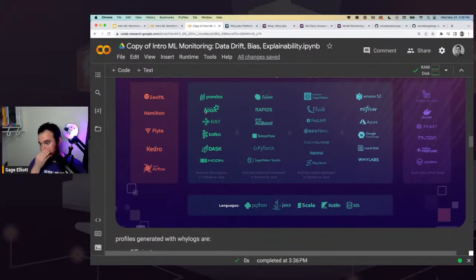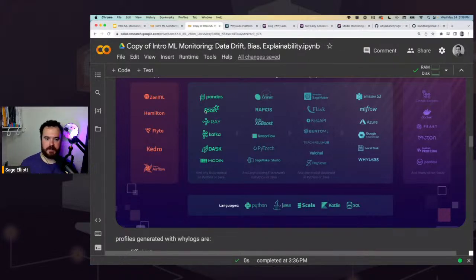And it integrates really easily with probably most of the common libraries that you would be using in machine learning. You can install YLogs in almost any Python environment, including on a Raspberry Pi. So if you actually want to run YLogs on a Raspberry Pi, send the profiles up to YLabs, or we'll also go into, after we use YLabs, some of the features of just YLogs itself.